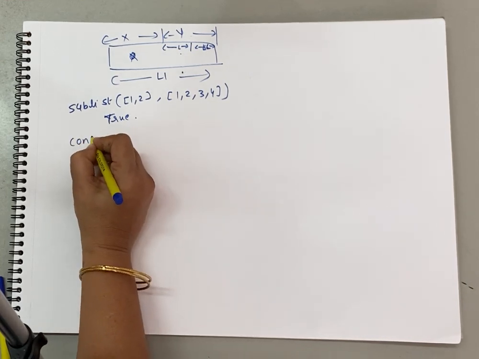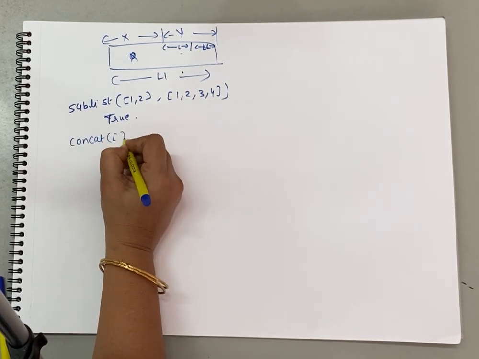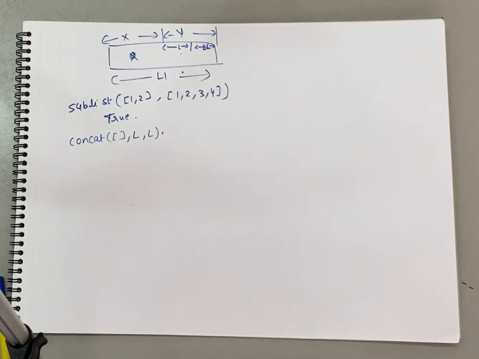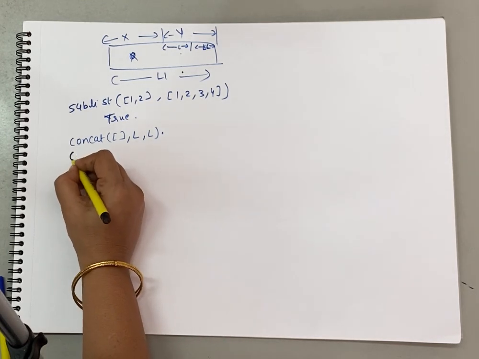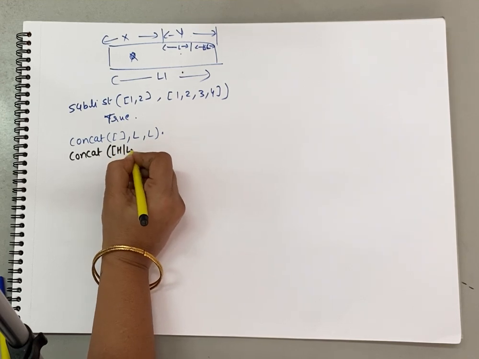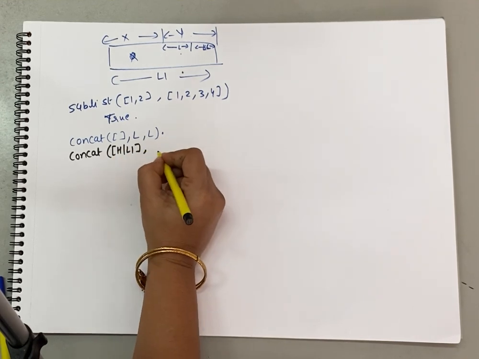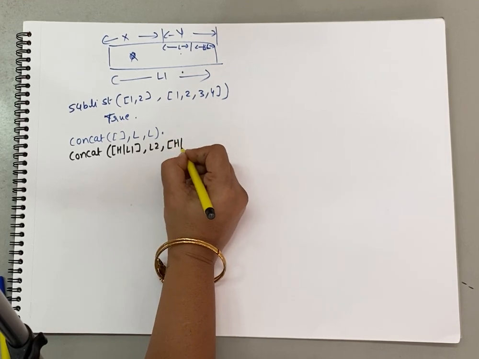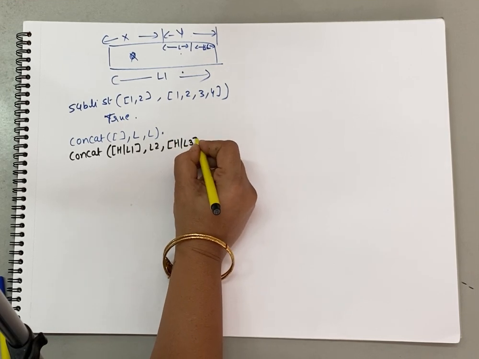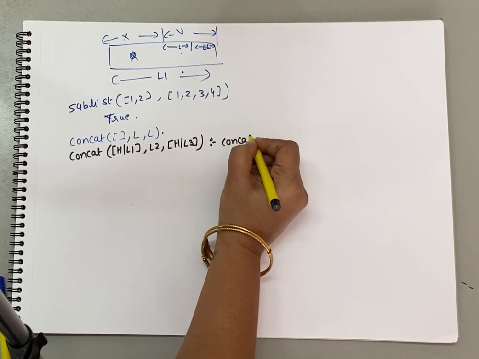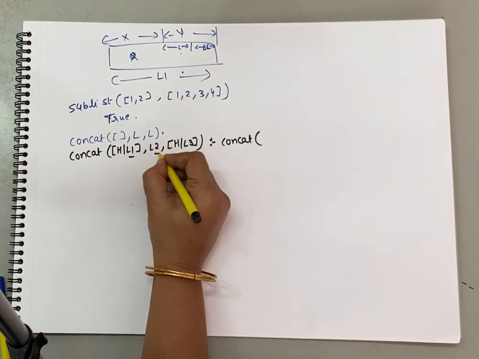So what was the concat function we discussed? If the first list is empty, then the second list, whatever we have, should be written as it is. And what will be the non-terminating condition of concat? The head element of the first list should be the head, L2 will be as it is, but it should be the first element of the resultant list also. And the remaining will be the concat call, and we are going to pass L1, L2 and L3.